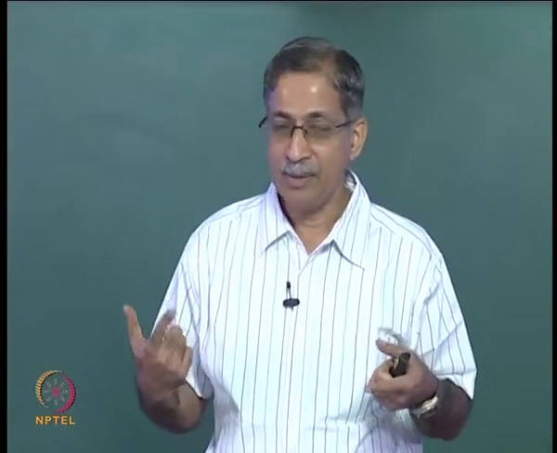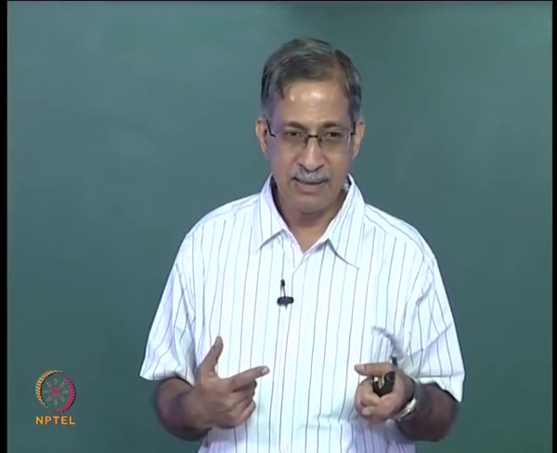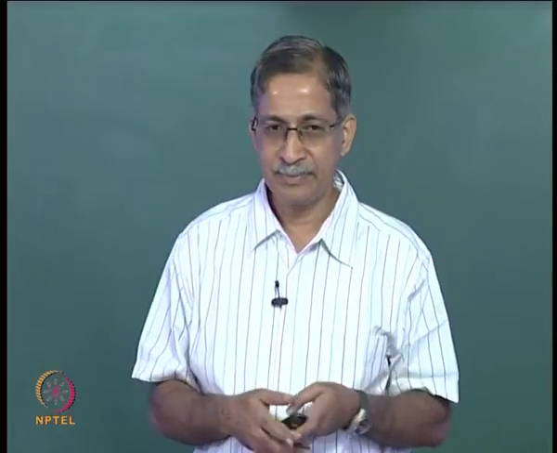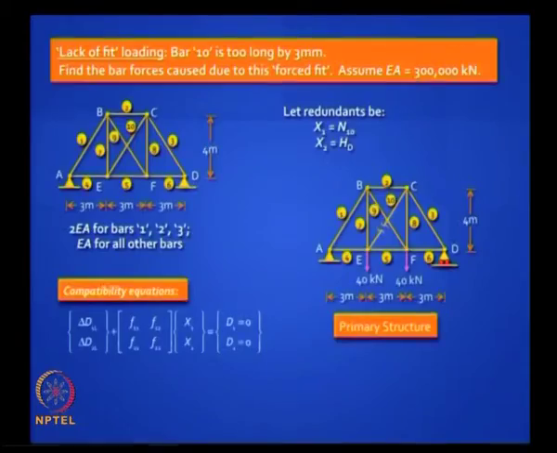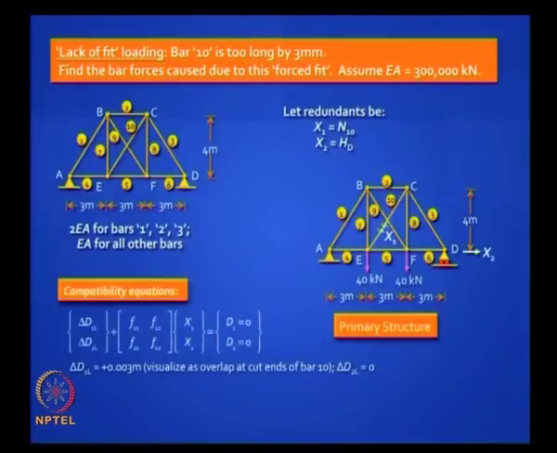Clear? What is delta d2L? Delta d2L is 0, right? Now this 3 mm you should write in a consistent unit, so it's 0.003 meters, and if it's too long you should visualize this as an overlap of those two bars by 3 mm. Is it clear? So that's all you have to do.